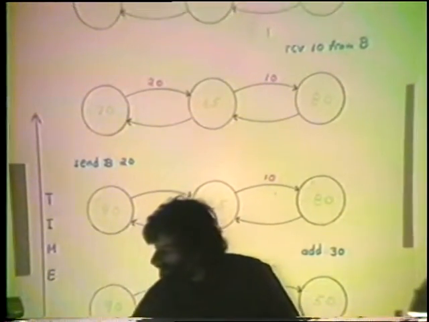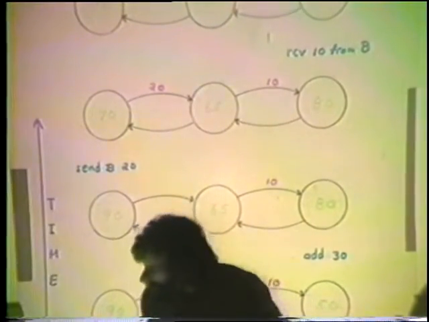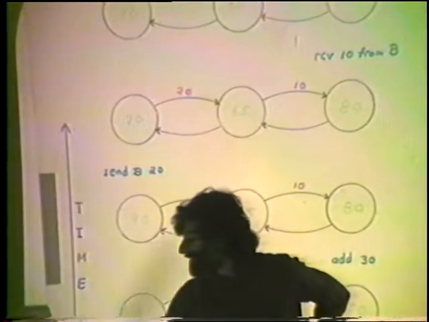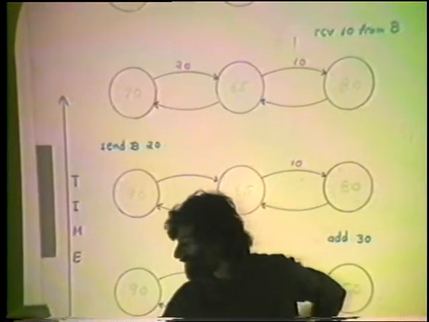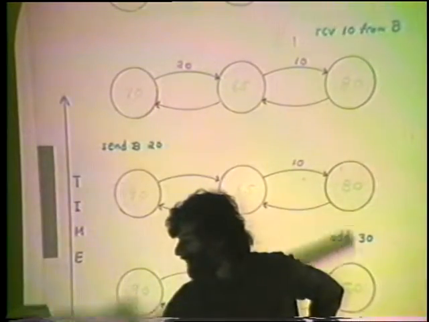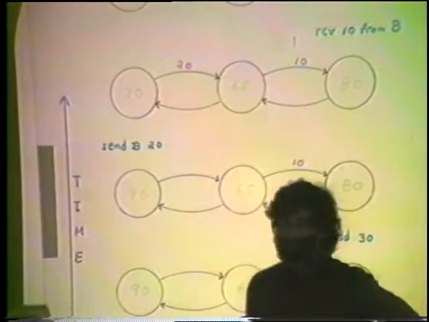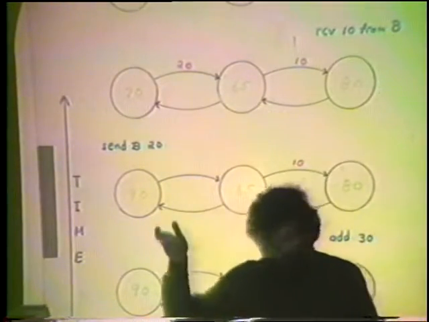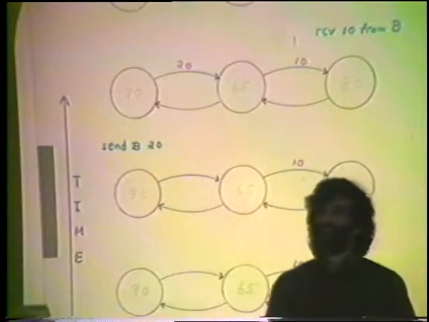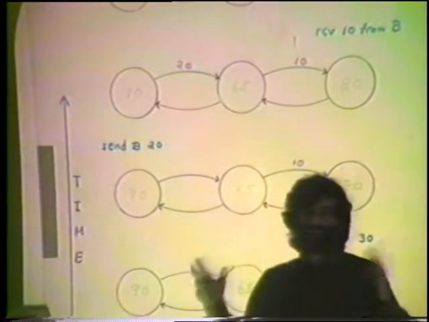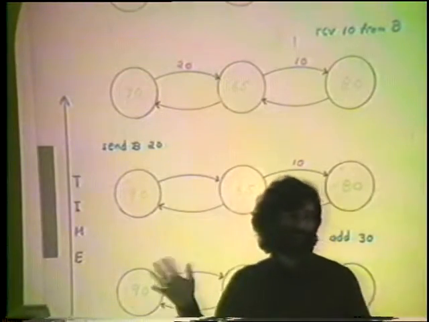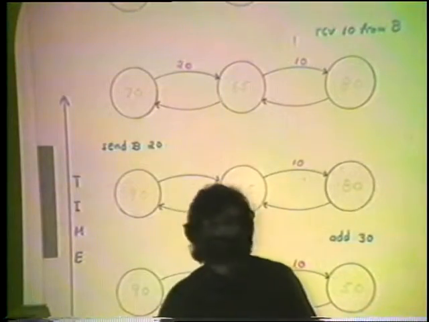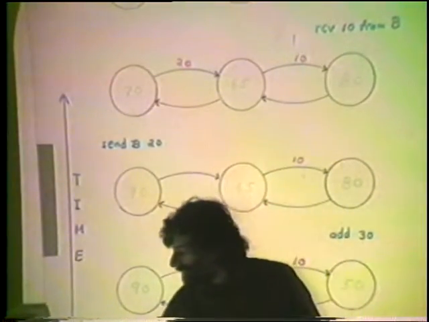And the next event is, we missed something, an internal event here where there was an add $30 event in bank C. So C spontaneously changed its state by adding $30. Of course, this internal event would correspond to some customer coming in and depositing $30 in the bank. But that's what I'll call an internal event, because from the point of view of this picture, it's just something that happens spontaneously inside of process C here.